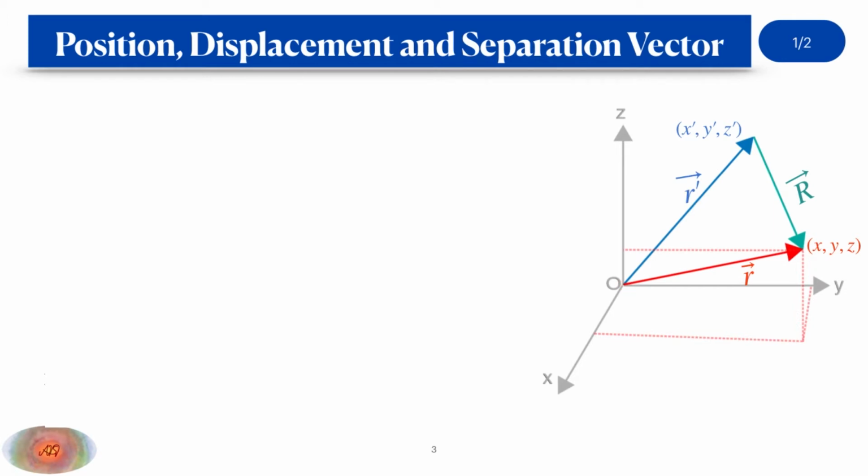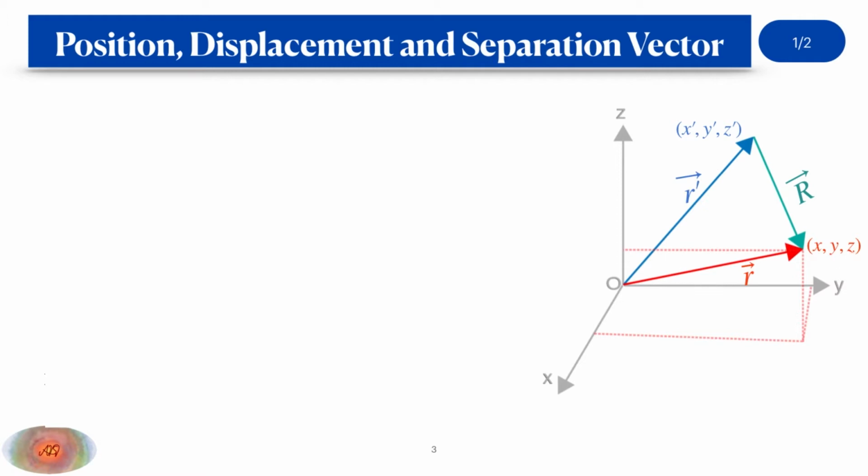In a similar way, the location or the coordinate of this point, which I may refer to as the field point, the point at which we are interested to find the field due to the presence of the source at this particular point, we refer to in general as x, y, and z.